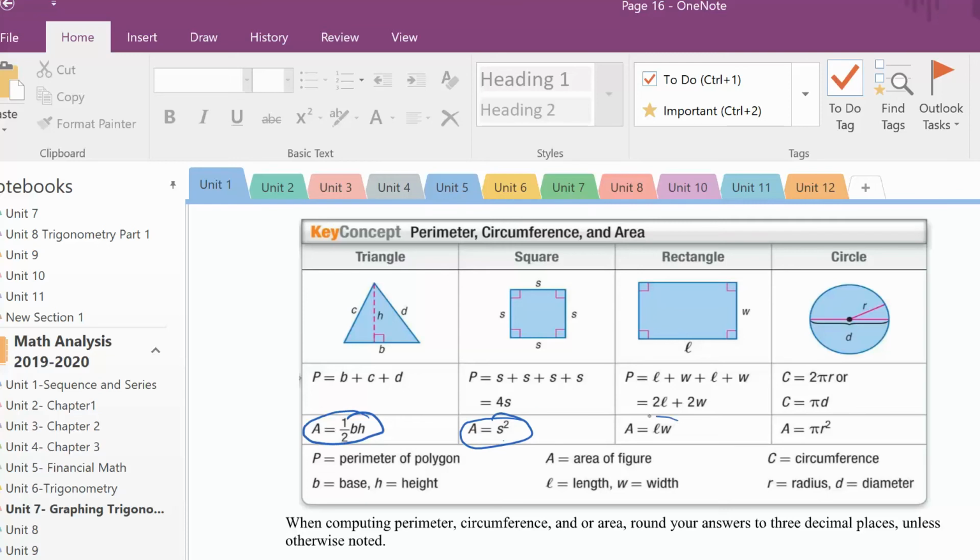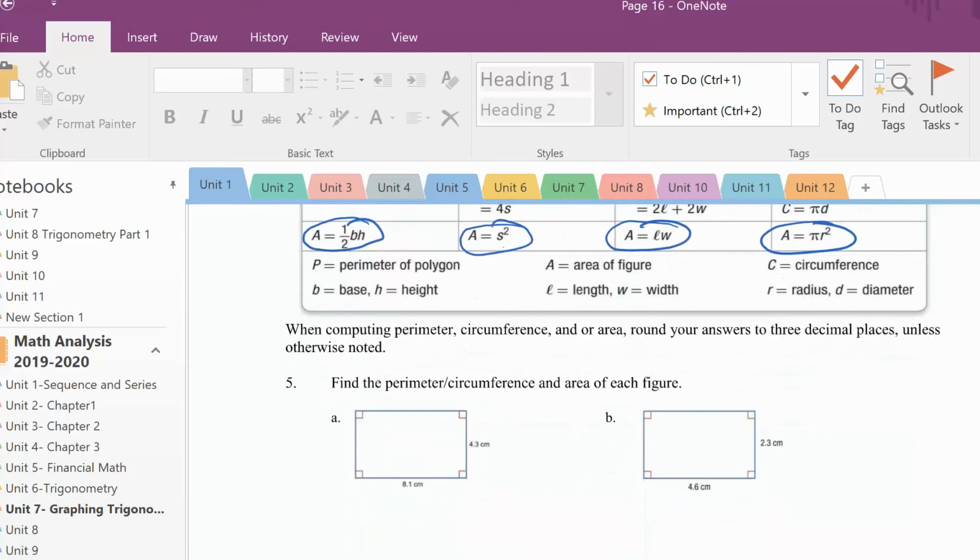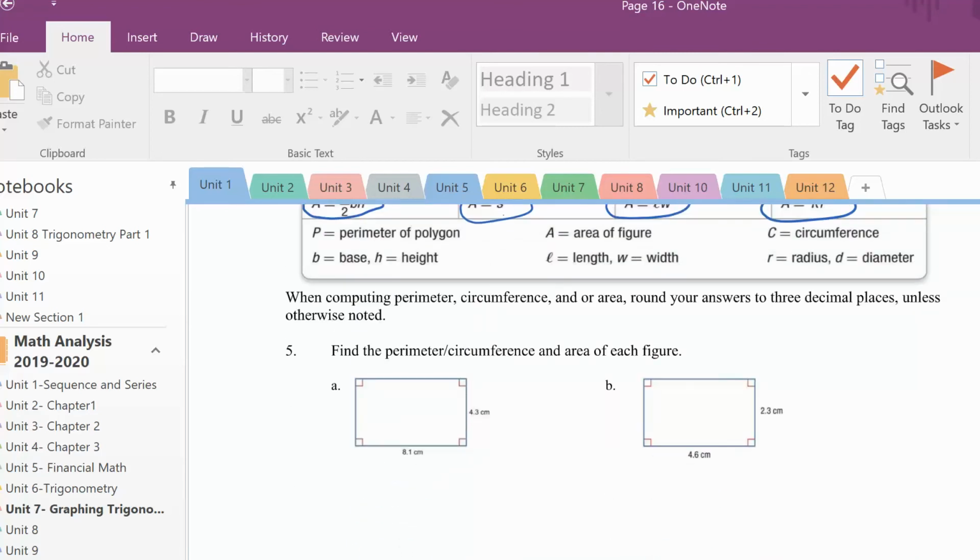A rectangle, the area is length times width, and the area of a circle is pi r squared, but the circumference is 2 pi r. Now when we compute these, we're going to round our answers to 3 decimal places, unless it's otherwise noted. So for example, for number 5,